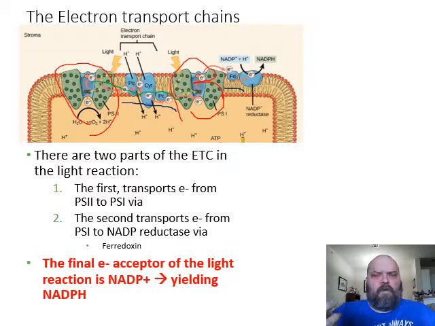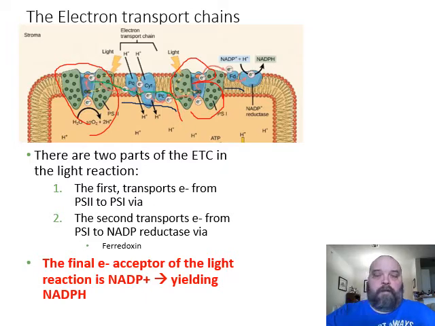Yes, I know I've said that so many times, but I want you to remember, evolution has had to come up with a way to minimize the second law of thermodynamics, okay? How to lower the amount of energy that's going to be lost. So this series of proteins and complexes in the electron transport chain are going to bleed off energy from the excited electron, pump a hydrogen, pass it on. Bleed off some energy, pump a hydrogen, pass it on. And then that electron that still has a little bit of energy but not a lot left gets passed to